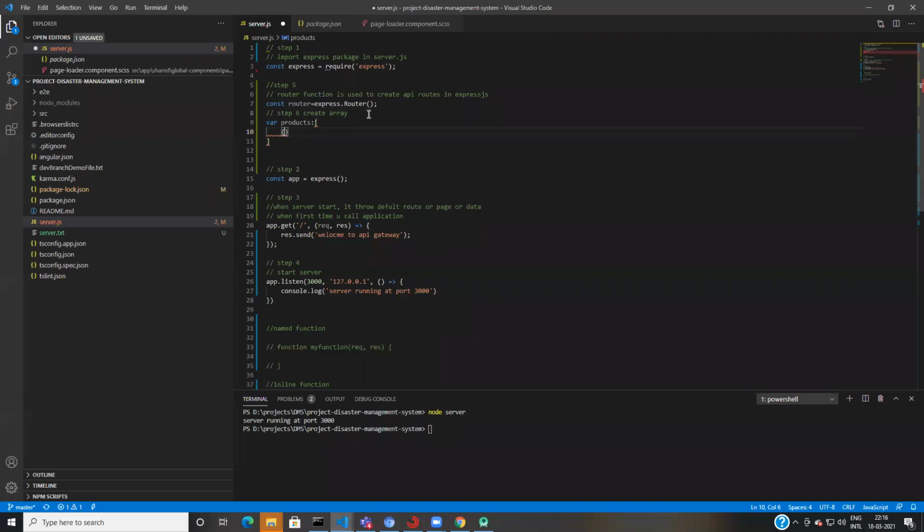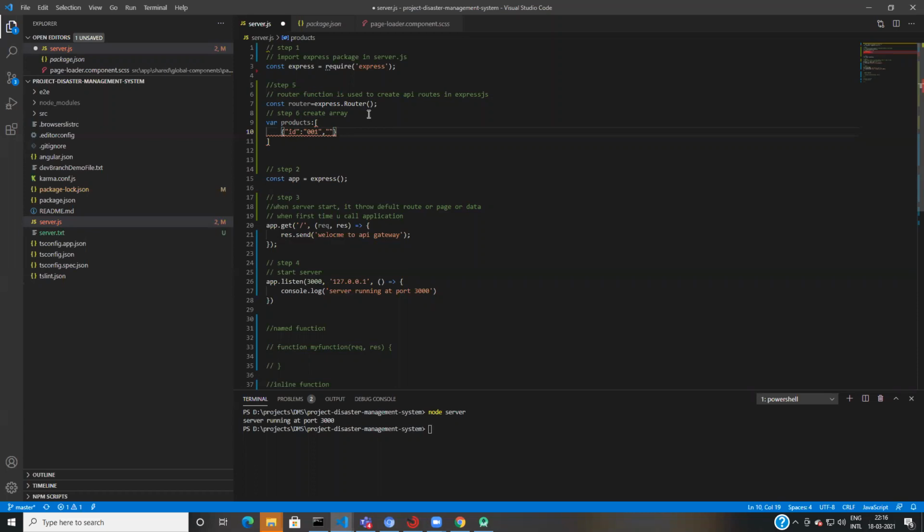Say the product ID, or simply ID, is 001.